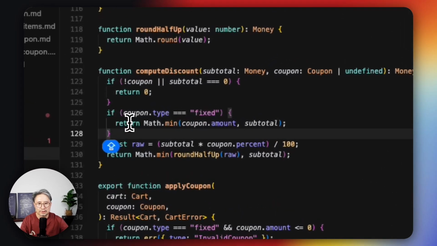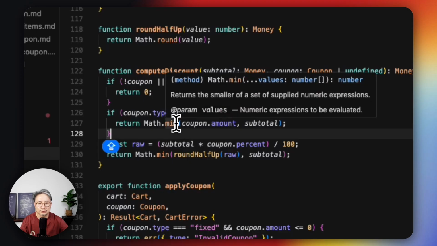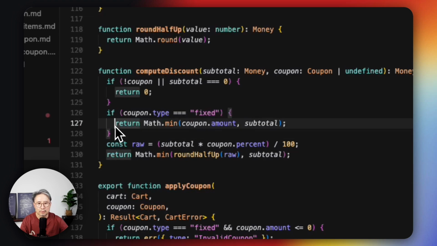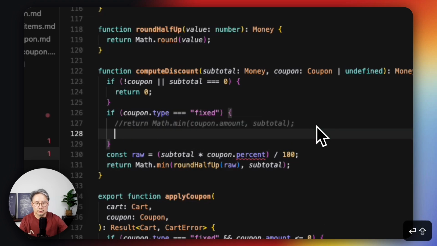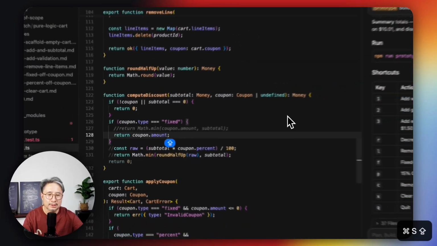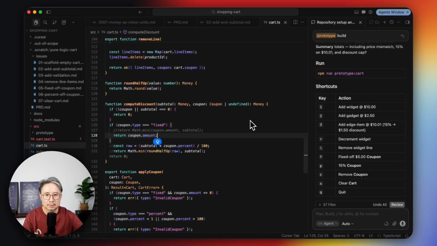Because here it uses the min function to decide between the coupon amount or the subtotal, which is the minimum price, to make sure there will be no negative result when the price of the product is less than the coupon price. I will change it to simply return the coupon amount.